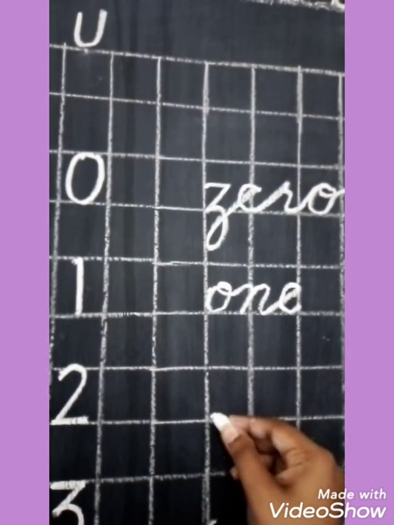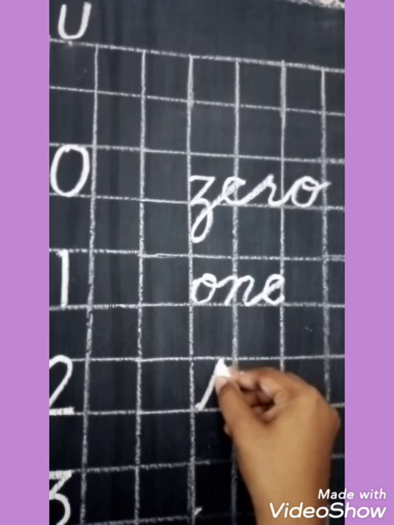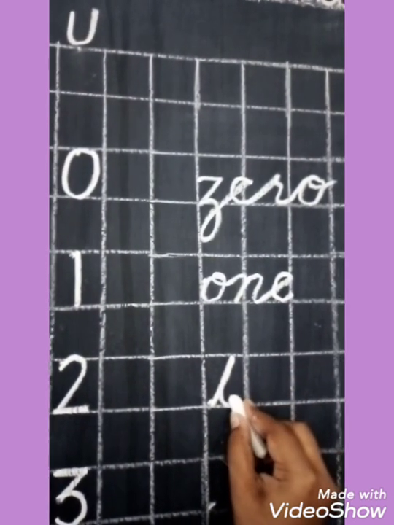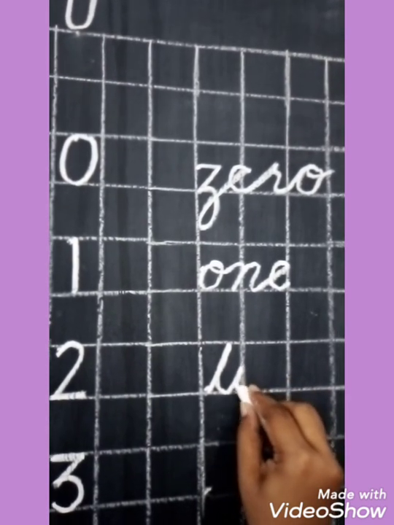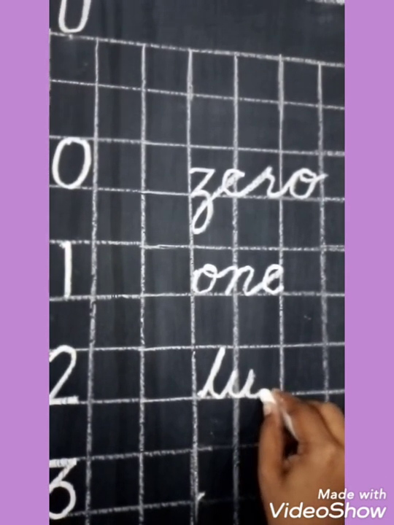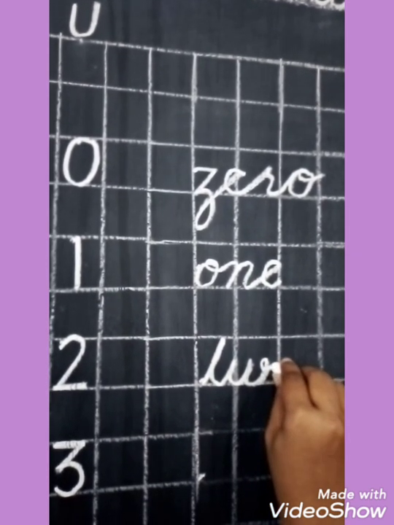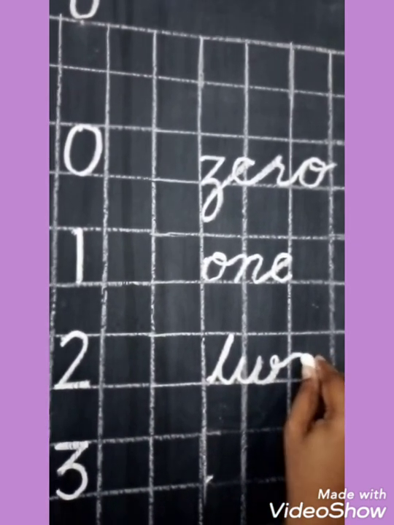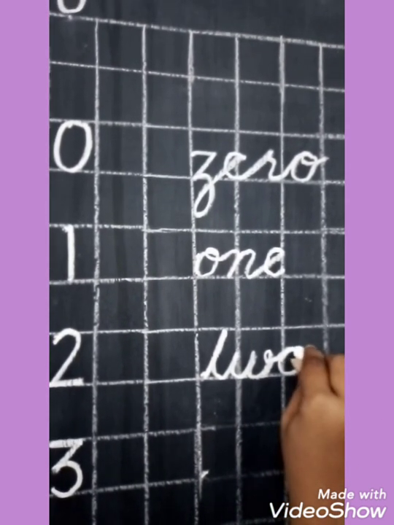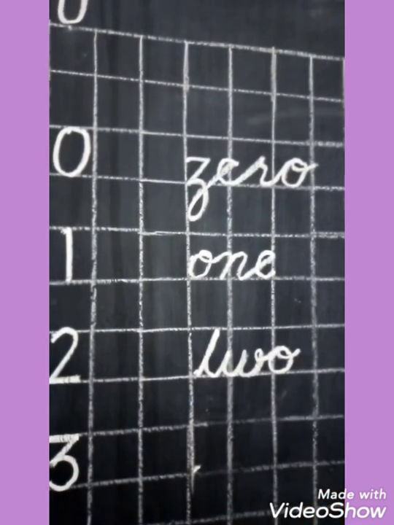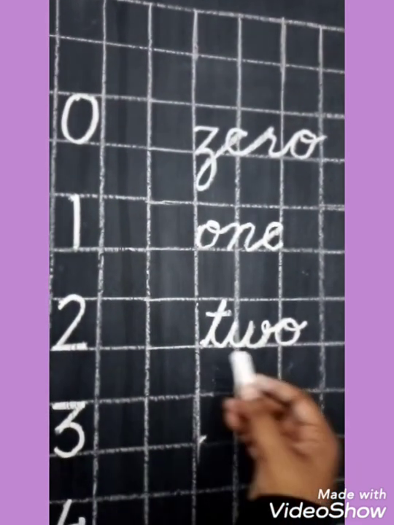Okay. Now from this point you have to make slanting line and touch the given block. Move back on the same line. Go up. In the center of the block you have to stop your pencil. Now move back and then write down W and now you have to write down O. Make tail of W. Go up. Move your pencil back on the same line and make tail of O. After that you have to make one stick here. This is the spell of 2.